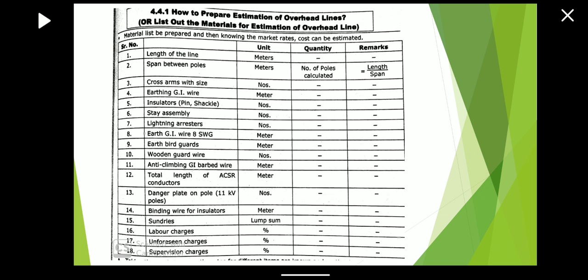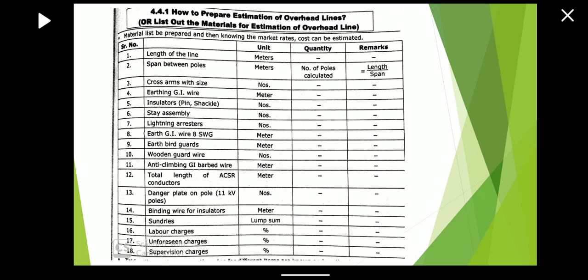Next is how to prepare the estimation of the overhead line. So for the overhead line, first the length of the line in meters, then span between the poles, then cross sectional area with size, that means cross sectional area which depends on the current capacity. Then after that, earthing GI pipe in meter, then insulation, stay assembly,